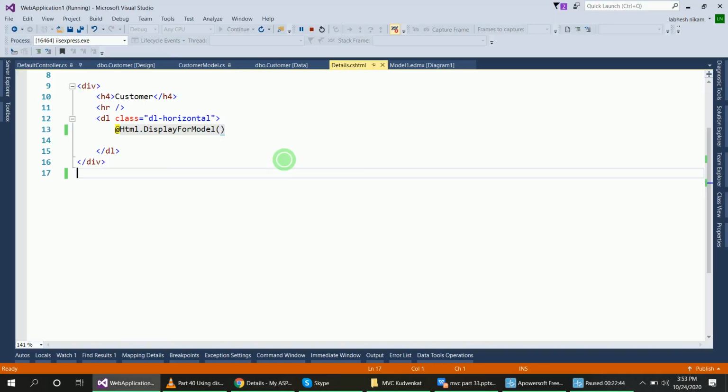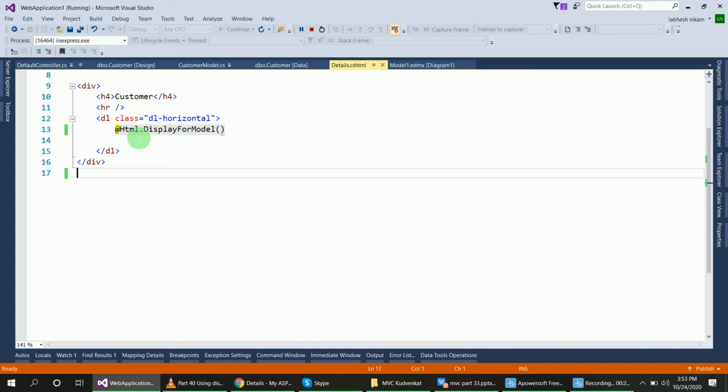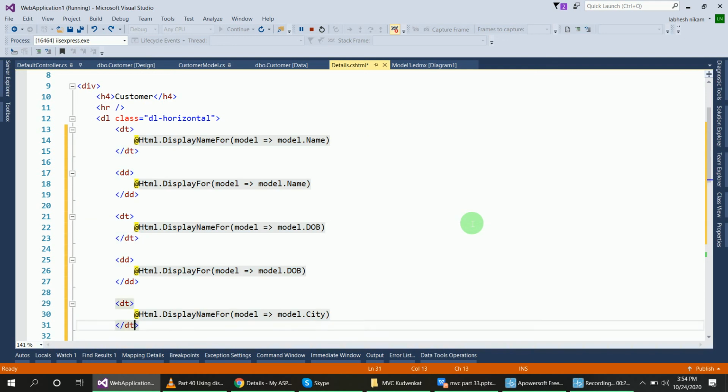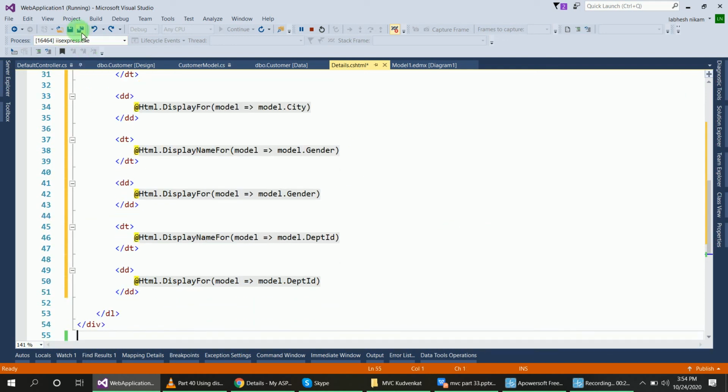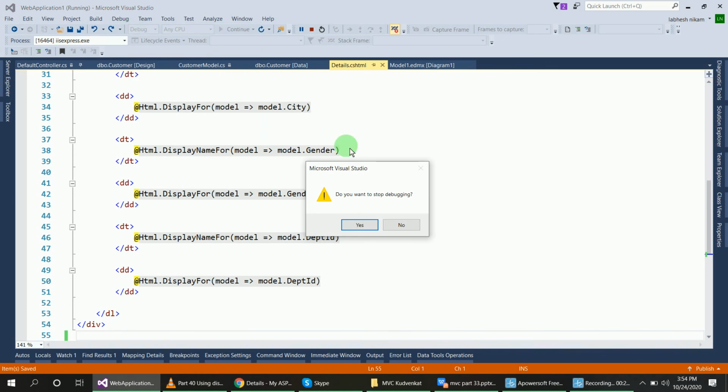Okay, my work is not done because it needs the data, not display for model. For that I will again Control Z and call it again. So remove this and again. Okay, now save it and use that display name property, display null text. Okay, edit.